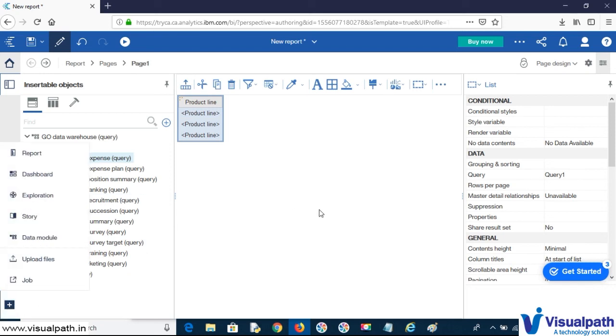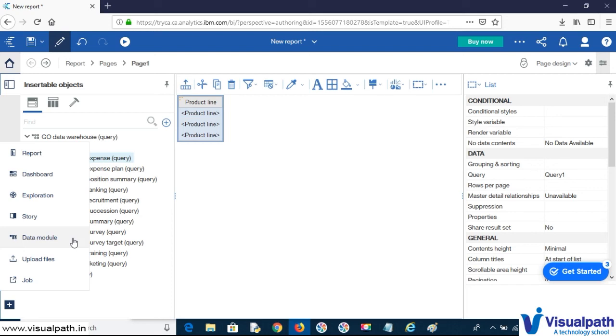These are the various components of Report Studio. We can develop a report, we can develop a dashboard, we can create a user story. These are some new features added in Cognos Analytics, like the dashboard or the data modules. Those things were not available in Cognos previously, but now, in order to compete with other cutting edge tools like Tableau or Power BI, Cognos has added features in Cognos Analytics. Now the business user can create dashboards very easily, which is at par with Tableau.